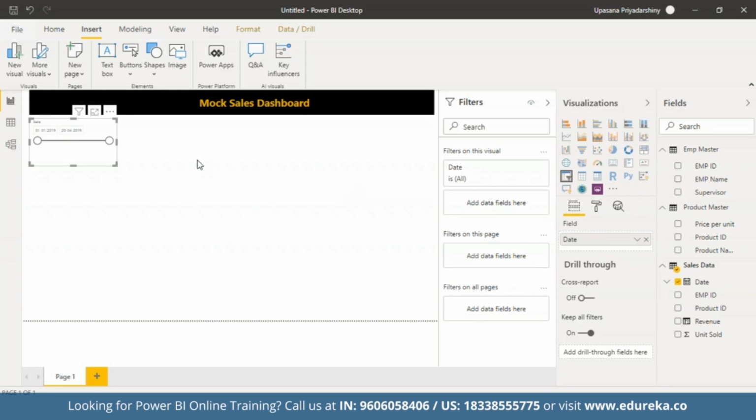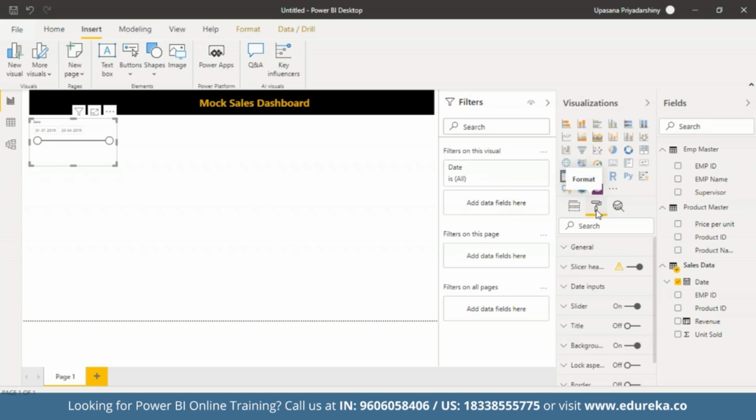Now this looks really bland here, and it's not really going with the color scheme that we have selected. So what I'm going to do is some conditional formatting on this box and try to make it as eye-catching as I can while adhering to my original aesthetic. So next to this field section, you have this paint roller-like option, which is the formatting section. Here I'm going to go